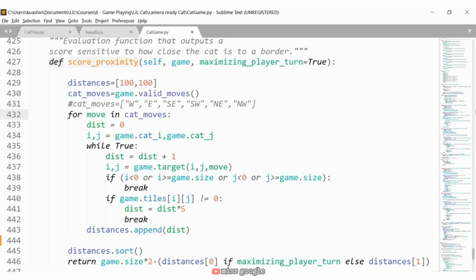So for each of those moves, I am calculating the distance with this dist variable. First I get the cat's location, then in an endless loop, I will increase this distance. Then in line 437, I am actually moving the cat in that direction by calling the target function, and then I'm checking if the cat has reached a border. If it has, then I exit this while loop, and then I check if the cat has reached a blocked